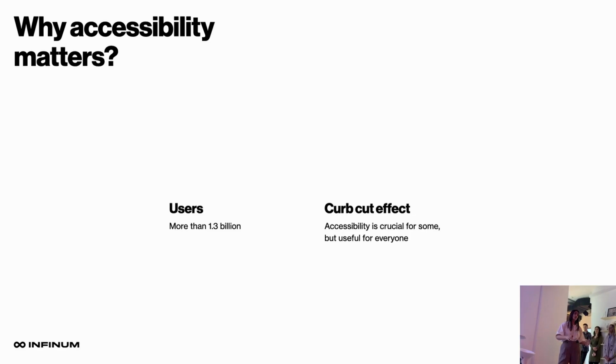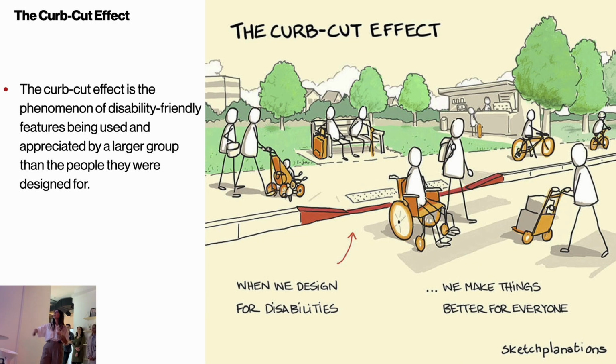The other reason why accessibility is so important is something called the curb cut effect. So what is the curb cut effect? It started somewhere around the 60s in the last century, when a couple of students from Berkeley who were wheelchair users got really mad because they could not go from the sidewalk to the street. They had an issue passing this